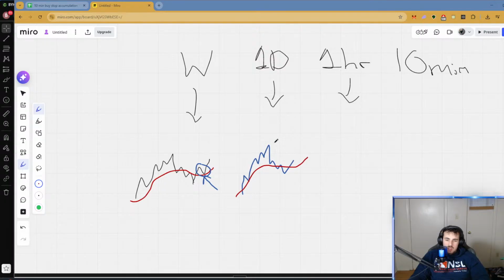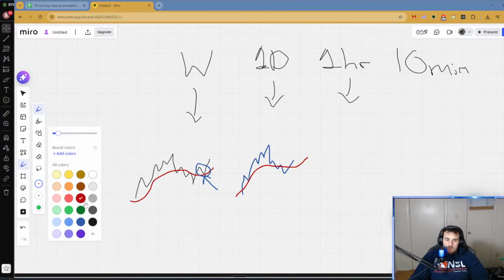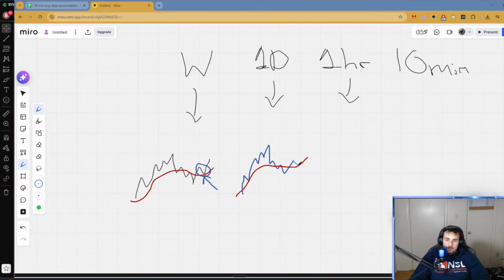So once my daily completes the same model as the weekly, what do you think I do inside here? Sorry, let me just draw the higher low here. What do you think I do inside here on my 1 hour? I wait for the same exact model. So inside this leg, I wait for bullish price action to transition into bearish price action with a break up, signaling accumulation. And with this break up,